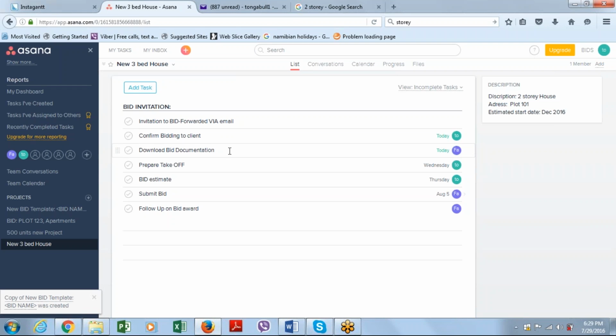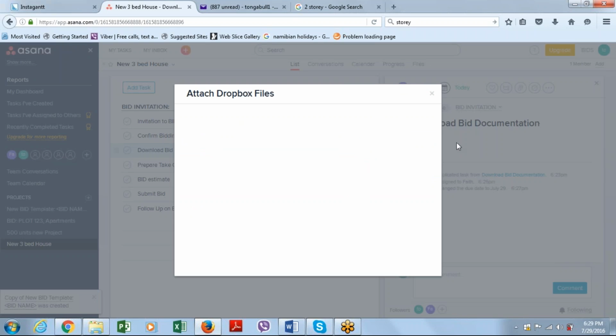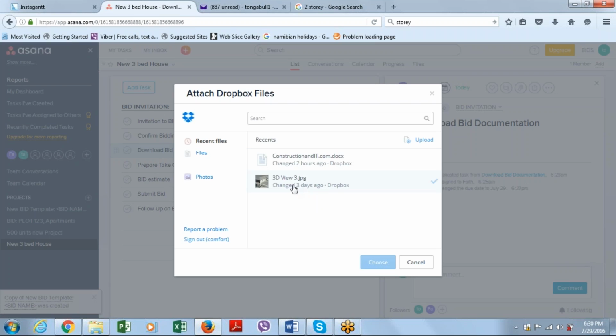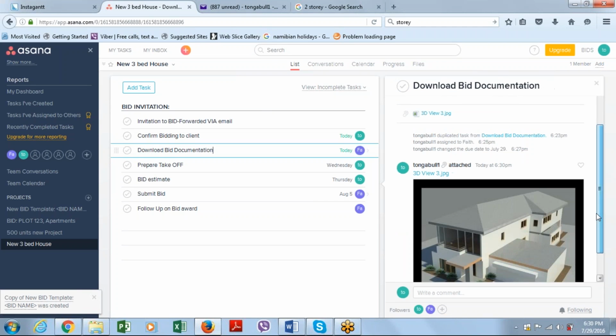Now, if we go to download bid documentation, we want to attach the bidding documents, to be ready for takeoff. So we attach using the paperclip, attach from Dropbox. Now, we'll then attach our documents onto Asana. Here we will have a 3D view that we choose. Immediately attaches,